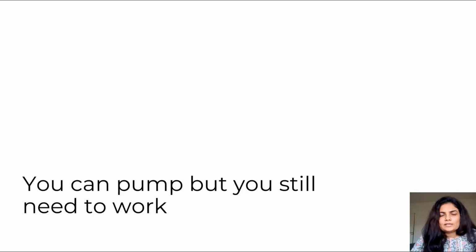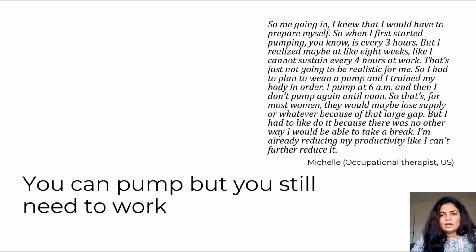While juggling with the space-time commitments of pumping, participants' experiences involved meeting invisibility challenges at different levels, at the institution level and at interpersonal level with the supervisor and co-workers. The ways participants compensated for invisibility resulted in negative outcomes for them in the form of facing a reduction in their milk supply, having to tolerate engorged breasts for extended periods of time, and eventually having to wean pumping sooner than desired. Michelle, who is an occupational therapist in the US, shared her experience of returning to her workplace like